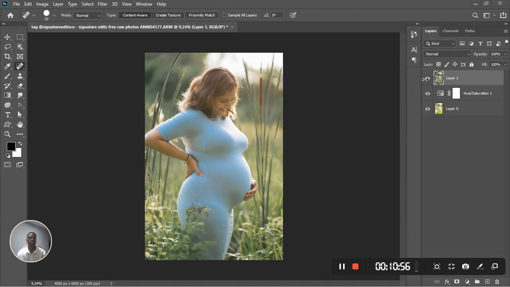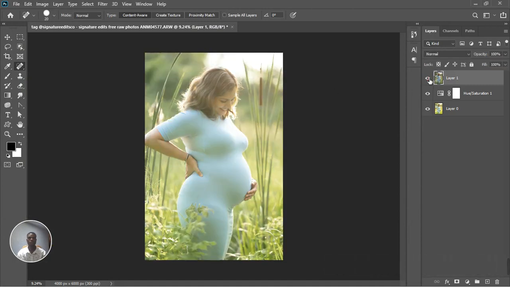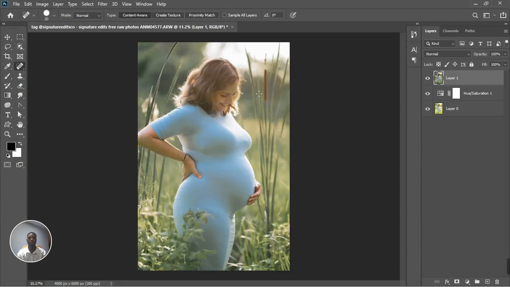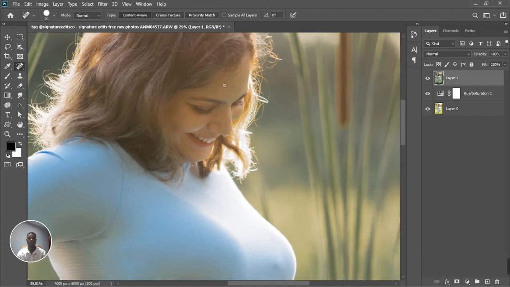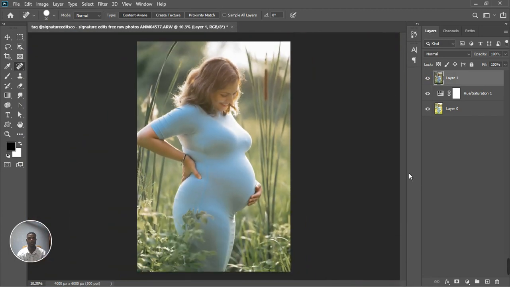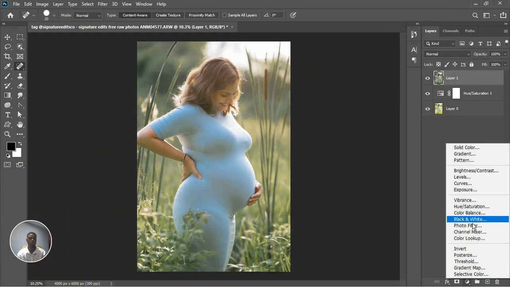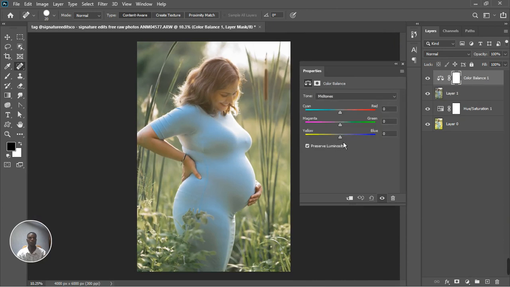Okay, now that the changes have been made, we can turn it off and on. And if you feel like it's actually too saturated, for me, I like the way it is looking right now. So just a little bit of the color balance we're going to be using. Okay, so on the color, let's start with the highlight, and then bring this all the way up